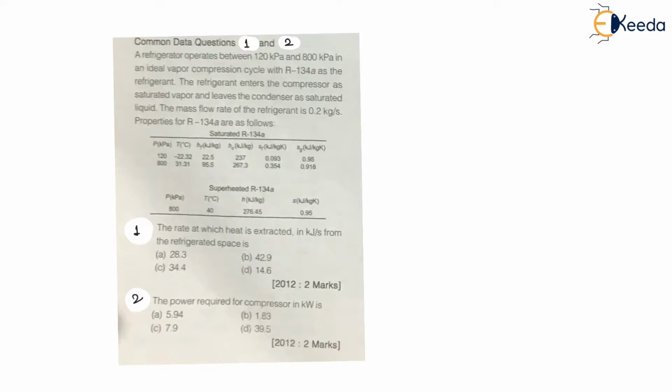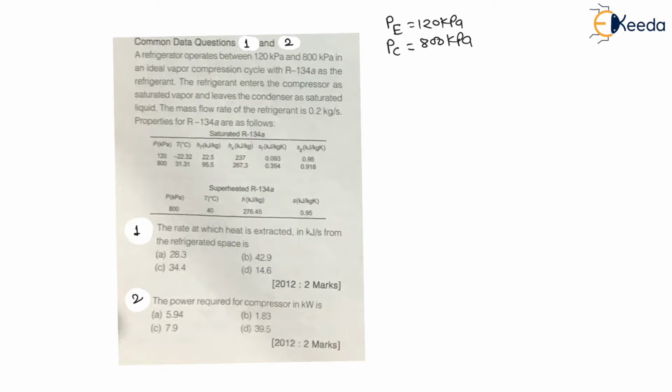The question is, a refrigerator operates between 120 kilopascal and 800 kilopascal. Here, the lower pressure is evaporator pressure, therefore pressure of evaporator is equal to 120 kilopascal, and the higher pressure is for condenser, therefore pressure of condenser is equal to 800 kilopascal, in an ideal vapor compression cycle with